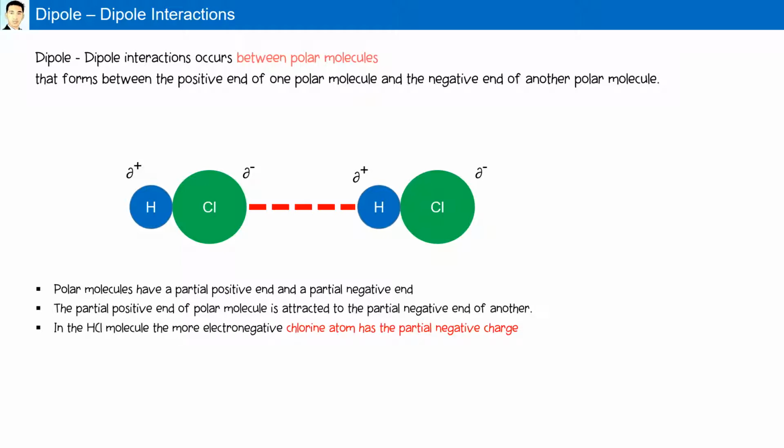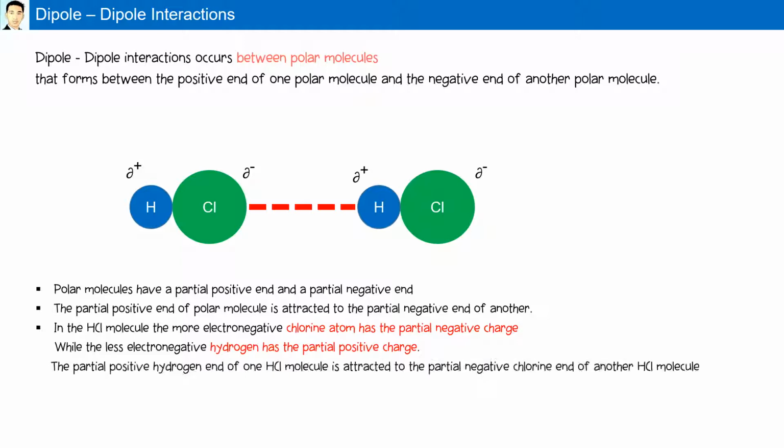In the HCl molecule above, the more electronegative chlorine atom has a partial negative charge, while the less electronegative hydrogen has the partial positive charge. The partial positive end of one HCl molecule is attracted to the partial negative chlorine end of the other